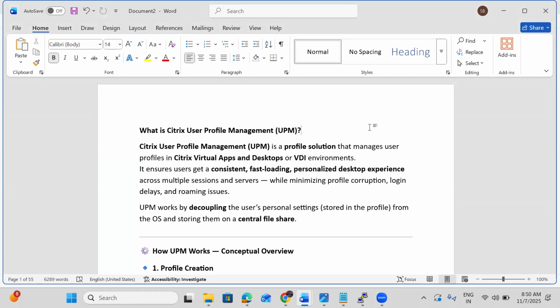In Citrix, we may face slow logins, missing desktop icons, or an inconsistent user experience. If you are getting these kinds of issues, UPM is the key to resolve them. If the user wants fast loading, their own personalized desktop settings, and a consistent user experience, then UPM or some other profile management